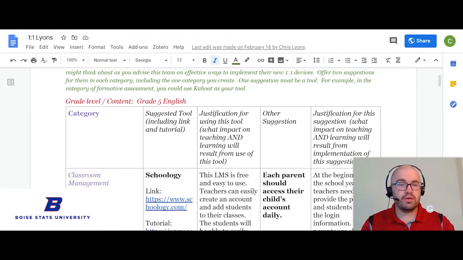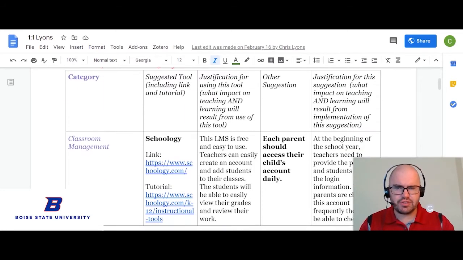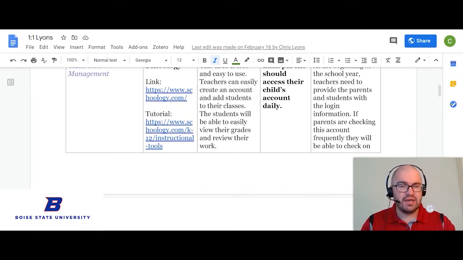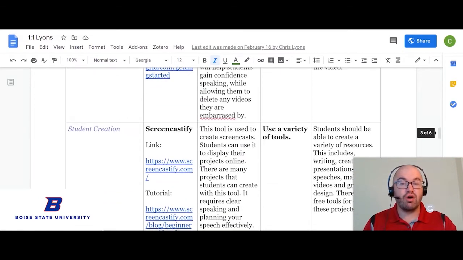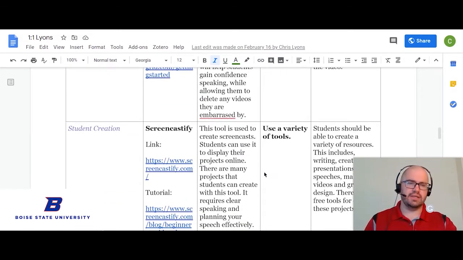The one-to-one artifact demonstrates my ability to select and use appropriate technology resources. So for this project, I identified different resources that I would use when switching my school to a one-to-one environment. And I also selected all free resources since the school I work at doesn't always have access to the funds